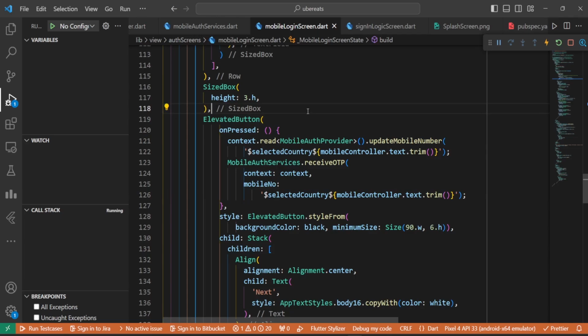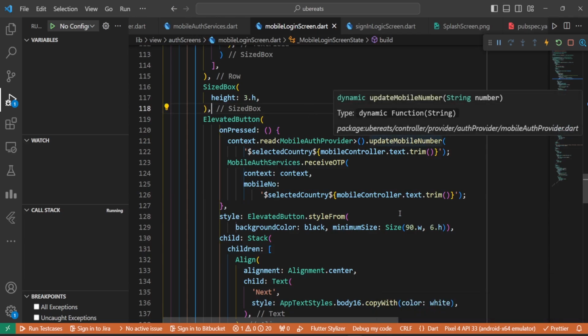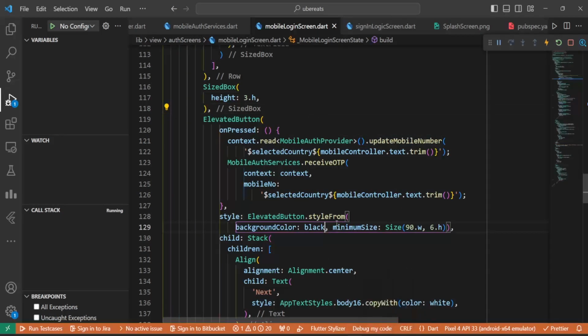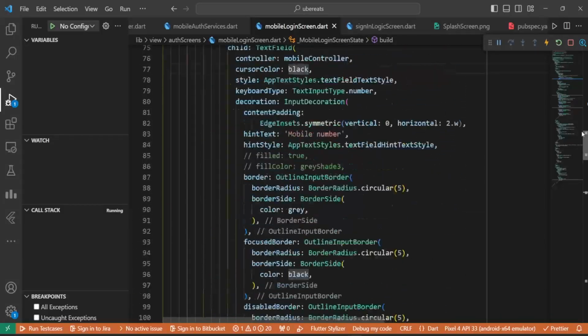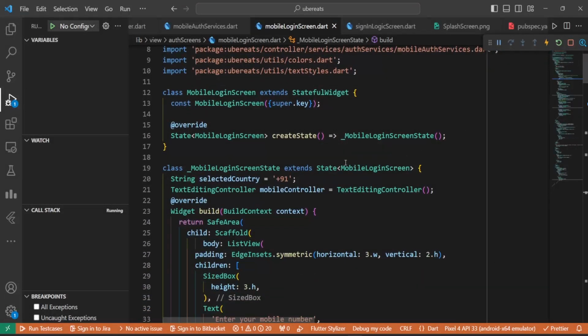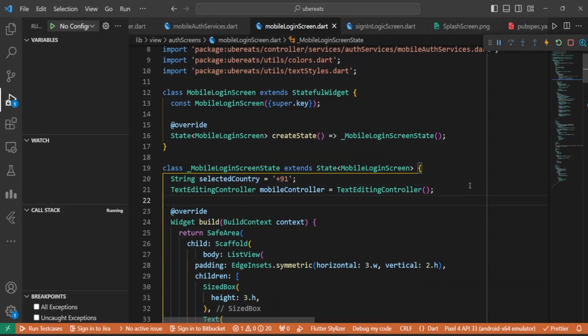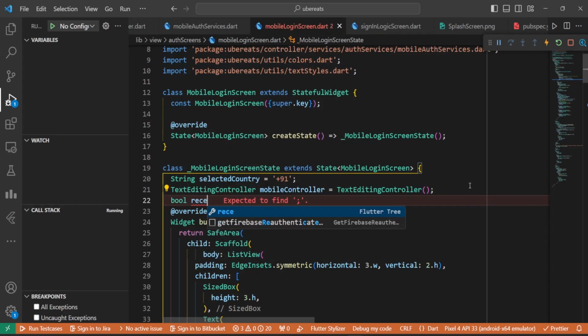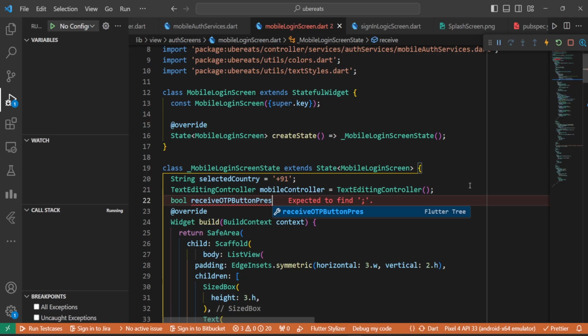Now let's save it and let's trigger. Another thing which we do need to update here is that here we will go with a bool receive OTP button pressed equals false,